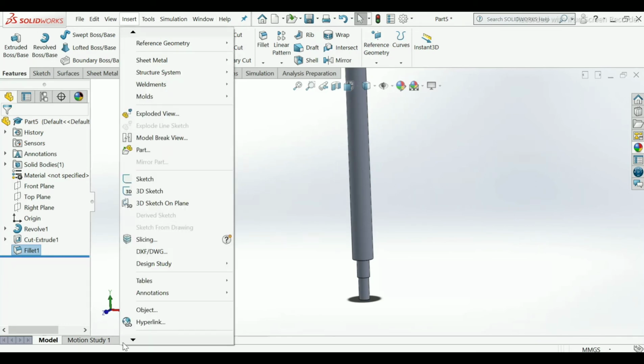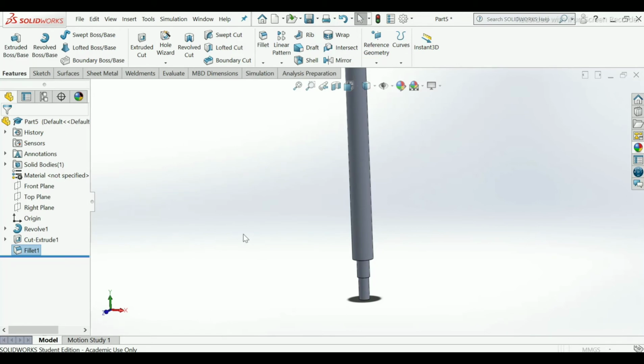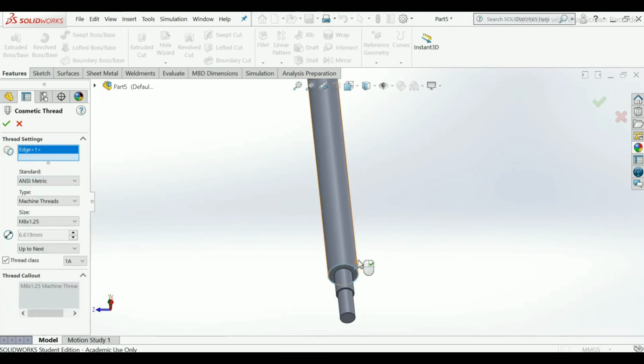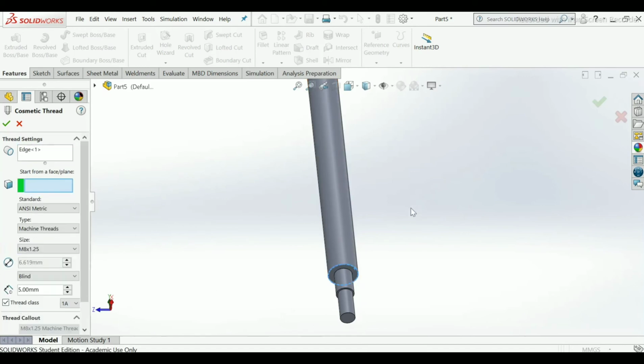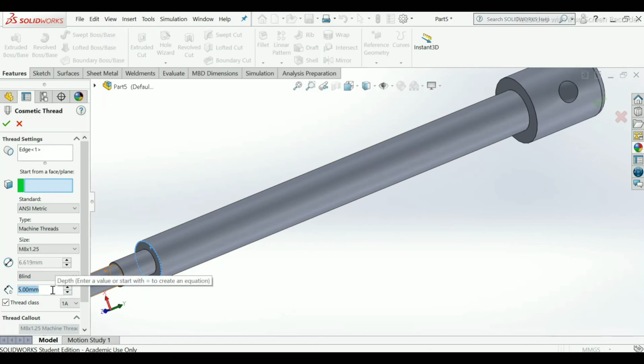Now go to insert, annotations, use cosmetic thread, select this edge, use end condition blind, it will be 290 minus 210 minus 20.